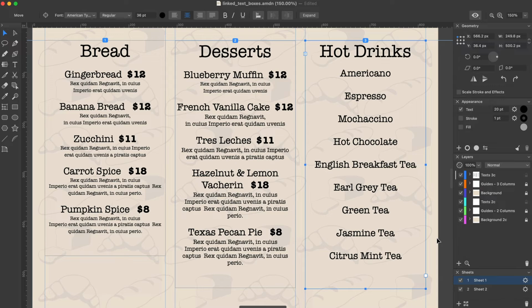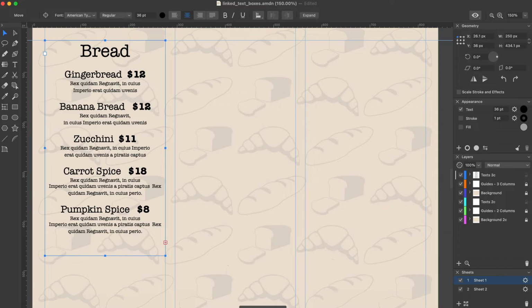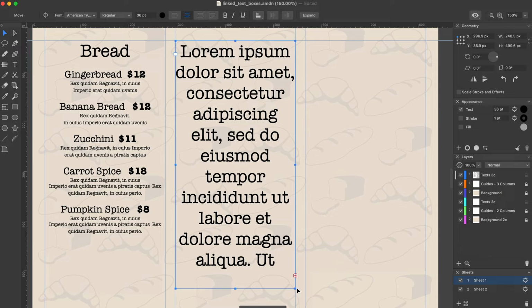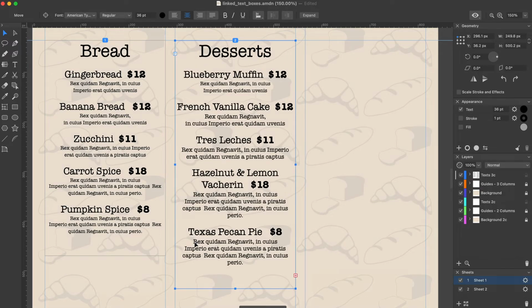Let's start from the beginning again, but now we will create 3 columns. As long as a text box is alone, the squares on its sides are blank, which means that nothing is linked to them. I'm going to add a new text box for the second column, which also has blank input and output at the moment. To link them, we need to click on the output of the first column and then click on the second one. You can see that the connected input and output now have icons with small triangles. This means that either before or after the current text box, there is another text box in the sequence.